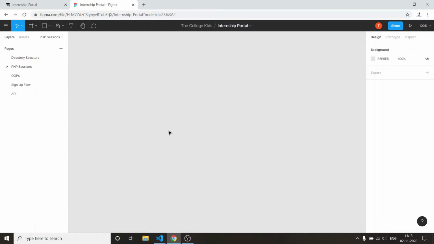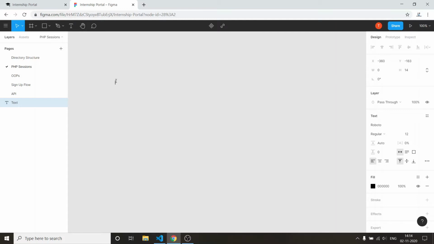But let us say there are two pages in my website which should be accessible only to logged in users, right? Like let us say if you are on Facebook and you want to access the friend requests and notifications, these two tabs will only be accessible to you when you are logged in, correct? So how does Facebook know that you are logged in? There is something called session variables. So I'll just start ahead with PHP session variables.